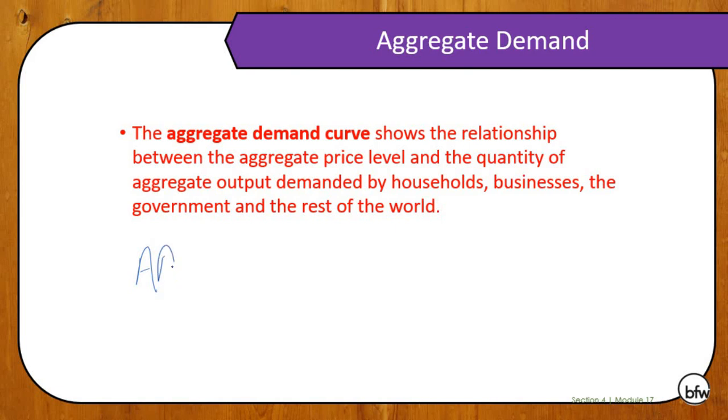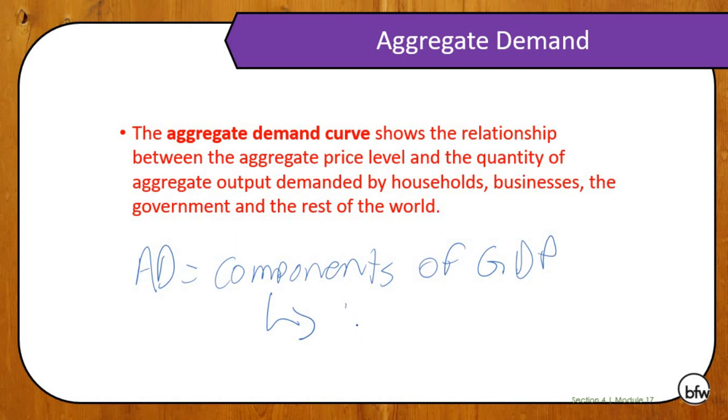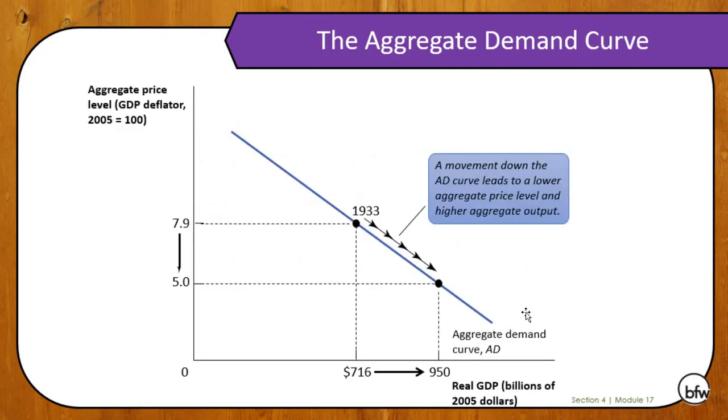Aggregate demand, think of the components of GDP. So we're talking about consumer spending, investment spending, government spending, and then net exports. Alright. Now, the aggregate demand curve is going to be downward sloping, so let me